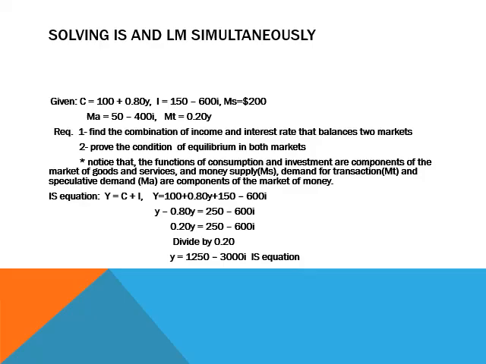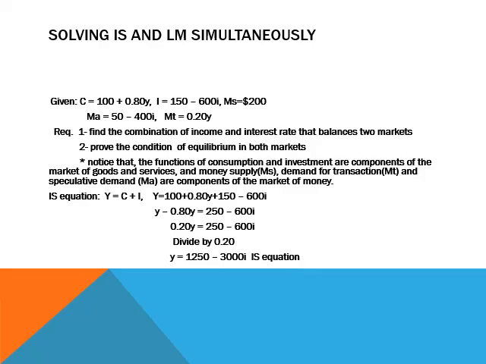So y equals 100 plus 0.80y plus 150 minus 600i. Let's push 0.80y to the left side of the equation, and 100 plus 150 equals 250 minus 600i. y minus 0.80y, the remainder is 0.20y